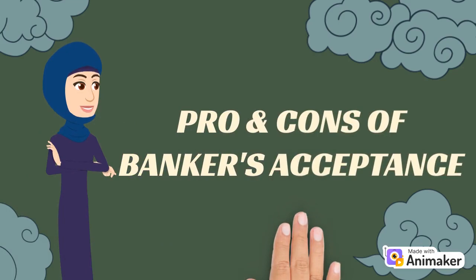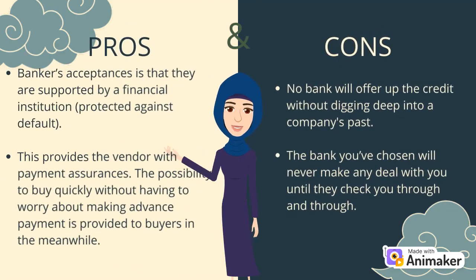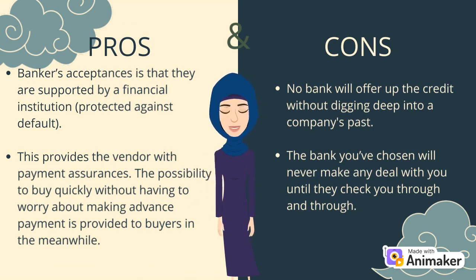Next, everything must have its own advantages and disadvantages. So, now I will tell you about the pros and cons of banker's acceptance. The pros of banker's acceptance are that they are supported by financial institutions and protected against default. This provides the vendor with payment assurance, and the possibility to buy quickly without having to worry about making an advance payment is provided to buyers in the meanwhile. And for cons, no bank will offer credit without digging deep into a company's past. The bank you have chosen will never make any deal with you until they check you through and